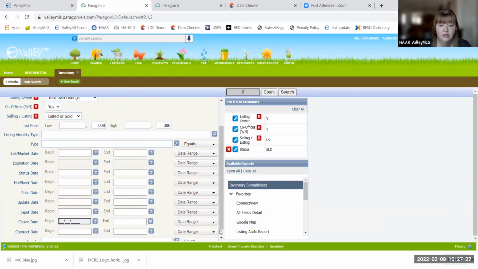So that's inventory search. I am going to send you a sheet about that to kind of touch on what we talked about here, but also if there are a couple other little things on there that you may find valuable. So that'll be coming to you. I'm going to jump into compliance now, because that's really our main focus. If anyone has any questions about Paragon or the searching, please email those to me or call me. We'll talk them through. Not a problem at all.